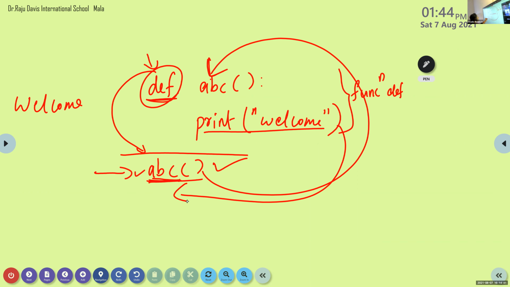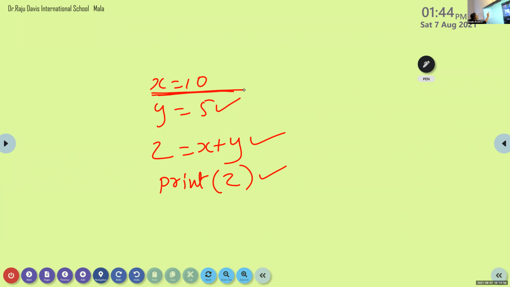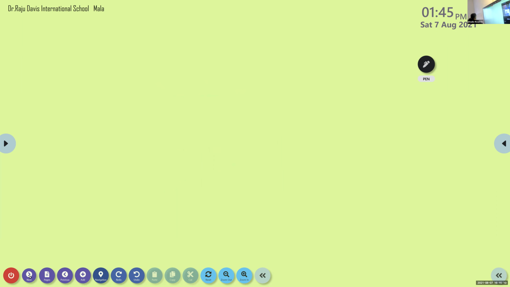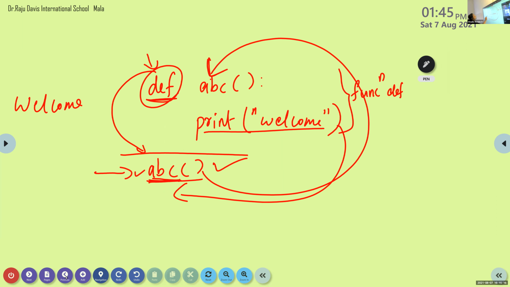That is the line after this ABC function call, the stop of the program. So this is the control flow of a program when we use a function. But in the case of a normal program, execution starts from the first statement itself: first statement, then second, then third, then fourth. But here the first statement is def ABC, which is a function header.